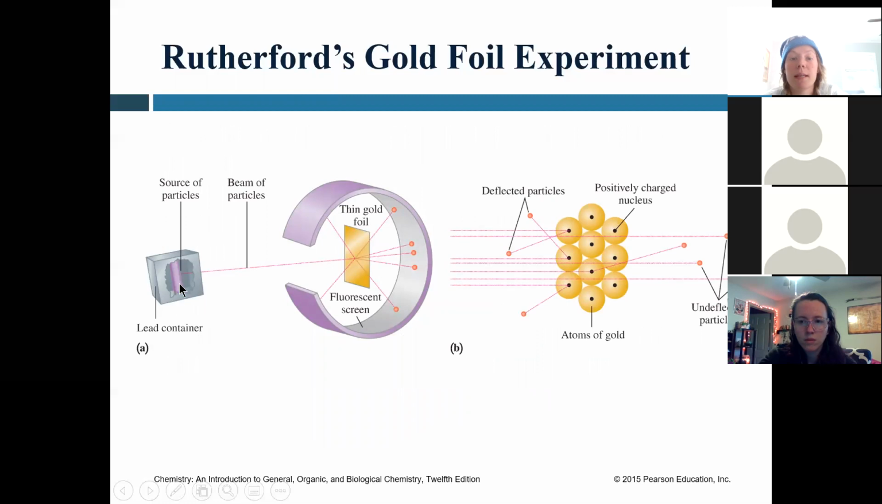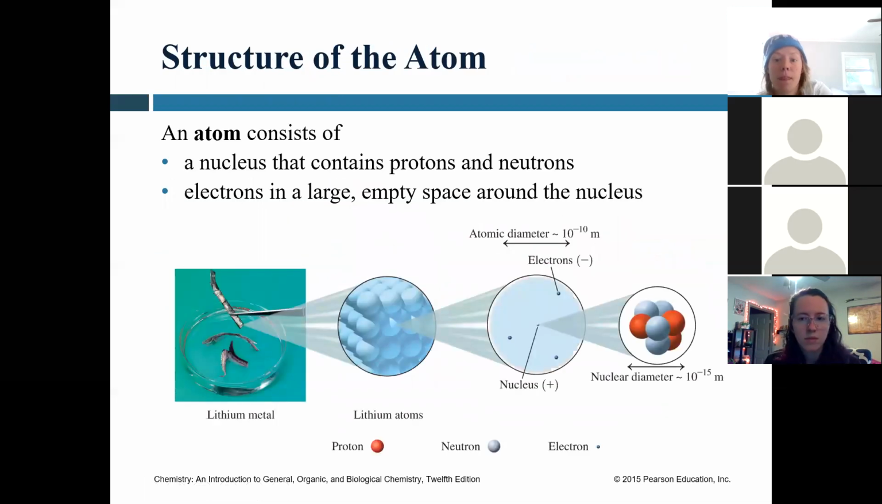So here's his experiment. He took alpha particles from some sort of radioactive lead and shot them, and this round thing is just receiving paper, or a fluorescent screen, so it lights up when an alpha particle hits it. He saw some of them went through, but other ones were deflecting back, because some of them were actually ping-ponging right into that nucleus and deflecting back. That led to the nuclear theory of the atom,